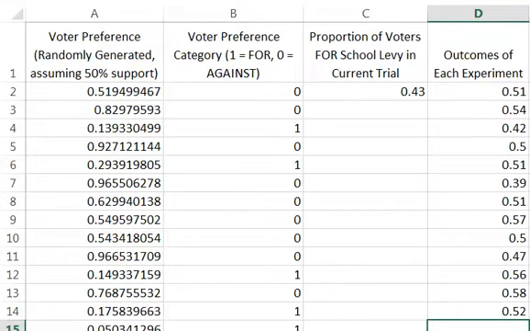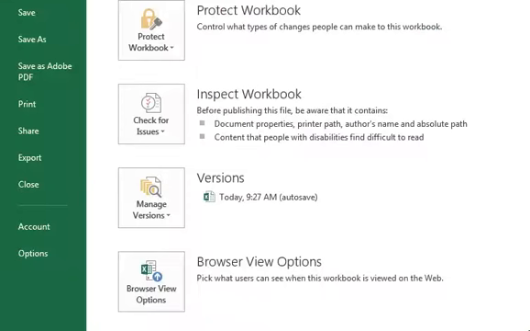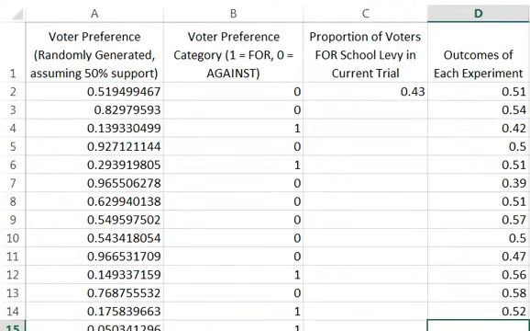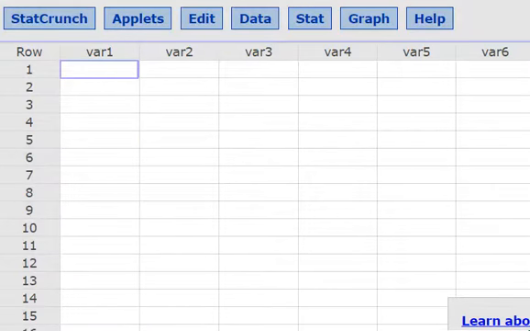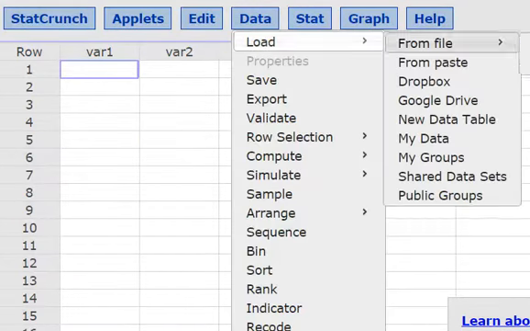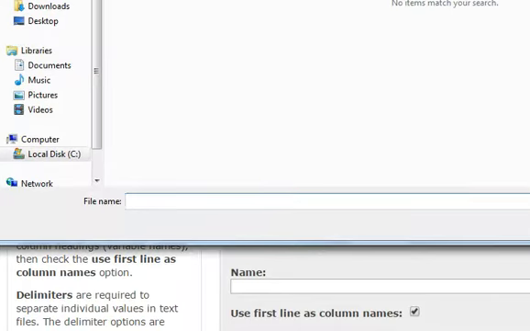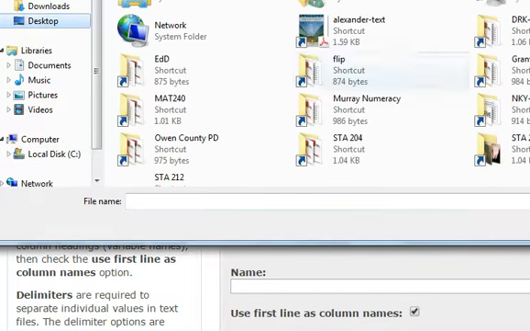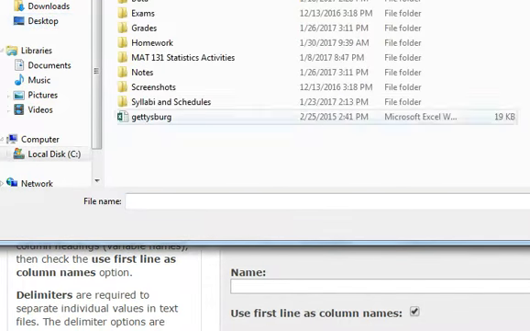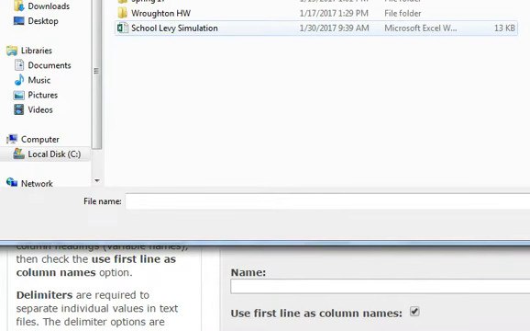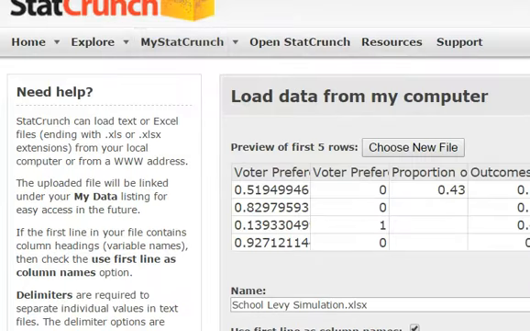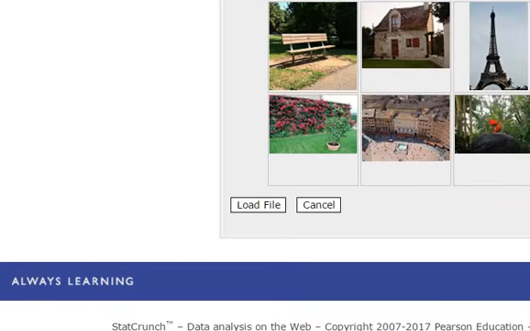Now, the last thing I'd like to do, I'm going to save this file, and I'm going to open up StatCrunch, because what I'd like to do is have a histogram of these results, of these outcomes. So if I go to StatCrunch, I need to go find my data. The data is loaded, and it was in a file. It's on my computer, and I'm going to choose my file. I saved this file in my Stat204 folder under Homework School Levy Simulation. Here it is. I'm going to scroll down and load the file,